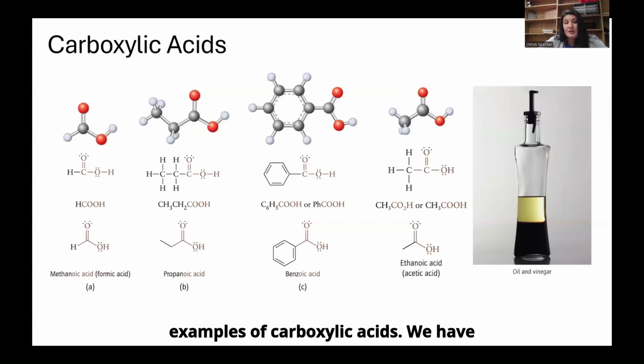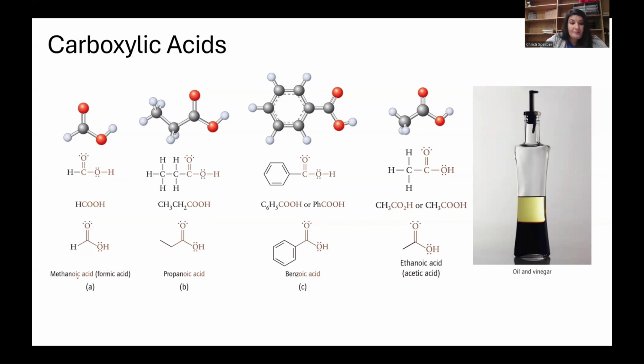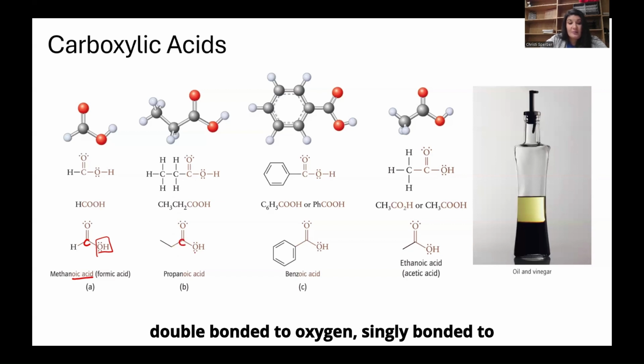These are some examples of carboxylic acids. We have methanoic acid. You can see that the ending of each compound is oic acid. We have a one carbon carboxylic acid. Its common name is formic acid. We have the carbon double bonded to an oxygen, the carbonyl group, singly bonded to an OH group, and then bonded to an H. Propanoic acid is a 3-carbon carboxylic acid. We have carbon double bonded to oxygen, singly bonded to an OH group, and then R is the rest of